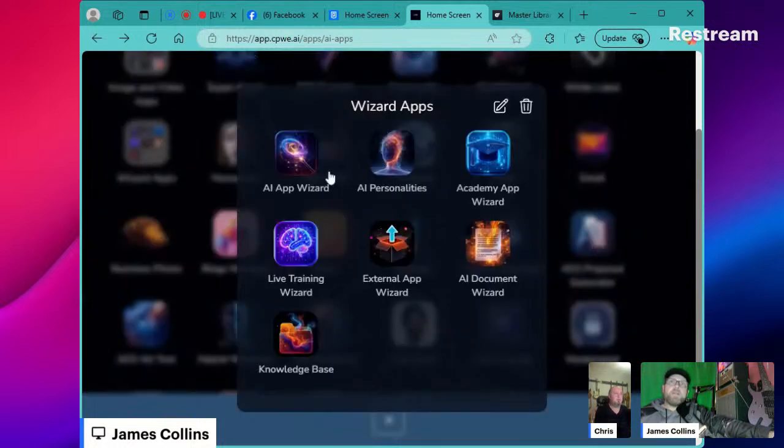On these wizard apps, I'm opening up all of our tools, not just some of them, all of them for right now, except for the Academy app, only because it's not finished with all the trainings that I need in there before you have access. But these will be unlocked, and all of our updates go to our users. We're trying to get the initial cost down to $20 a month for all of these tools.